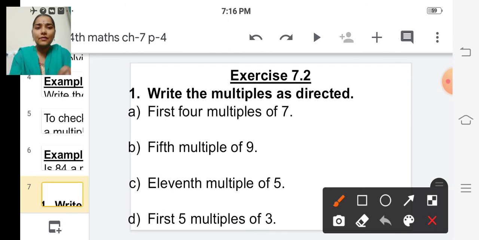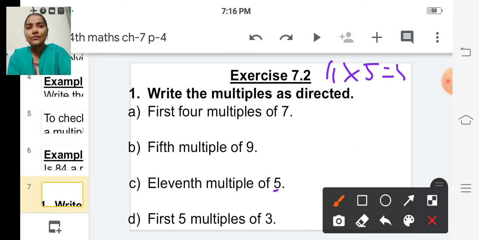11th multiple of 5. What we have to do? We have to multiply this 5 by 11. Correct. So 11 into 5. 11 fives are 55. So 55 is the 11th multiple of 5. Okay. And D section,